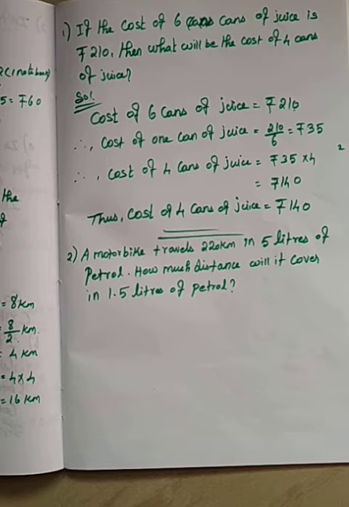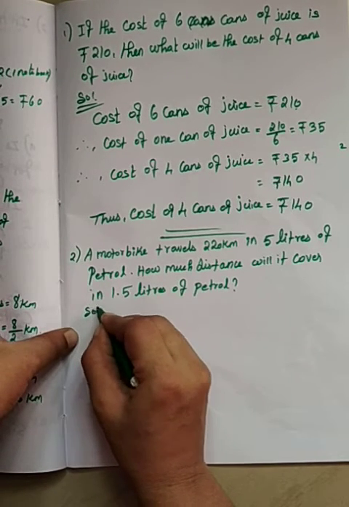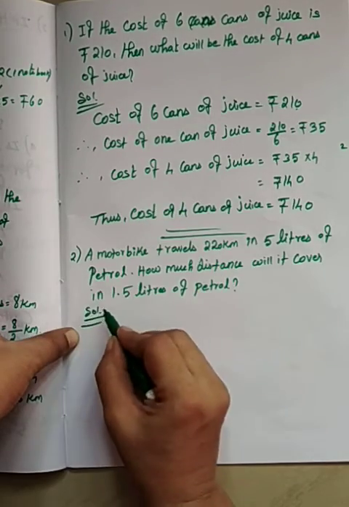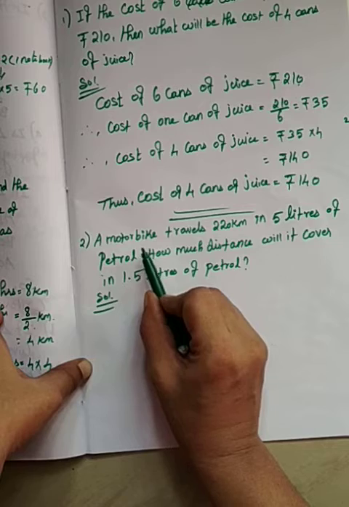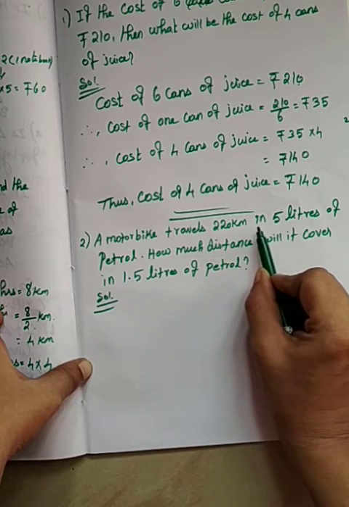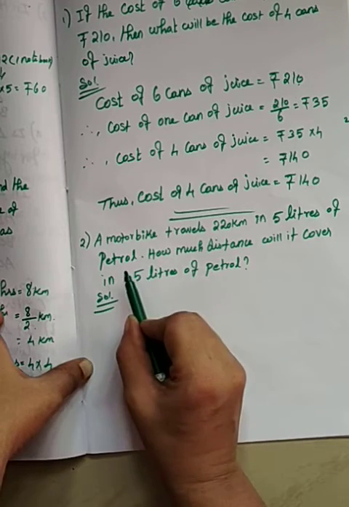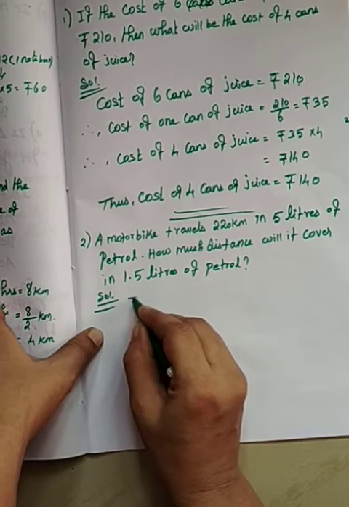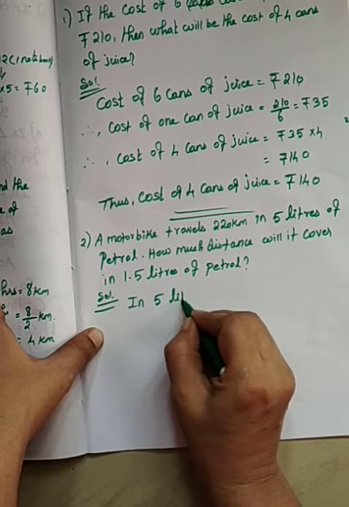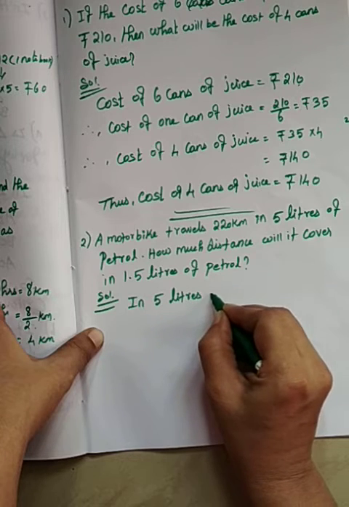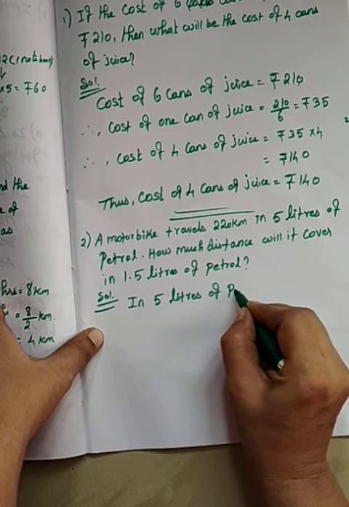Okay, see here, then what is that? The motorbike travels 220 kilometer in 5 liter of petrol. So you write in 5 liters of petrol